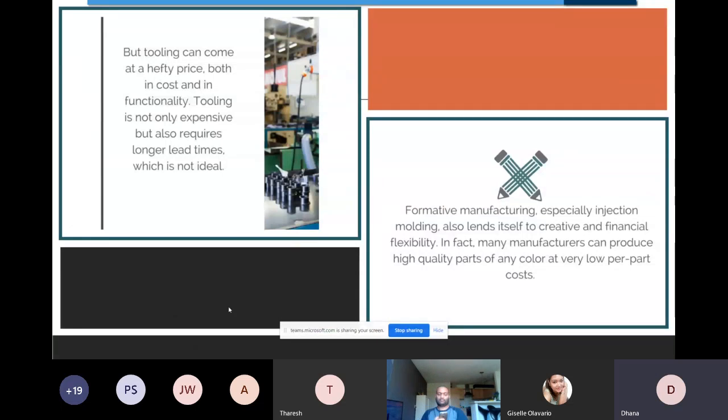Whereas when you use additive manufacturing, the same mold can be used different times without any problem. So there are machines like the Stratasys PolyJet series where you can print injection molded parts, and you can use them quite a number of times compared to the normal thing at a lesser cost, and you will even get high quality parts also. In case of additive manufacturing, you have a variety of colors and a wide range of materials, so you won't be having any problems in printing the injection molded parts also.